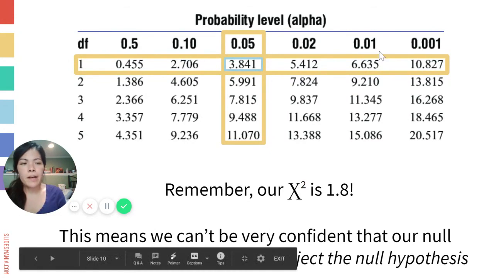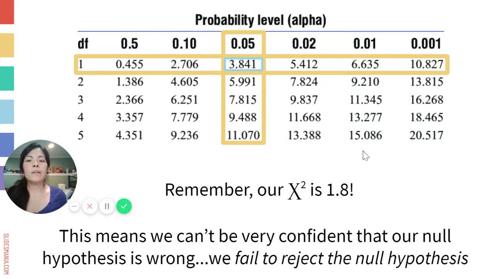If, on the other hand, our chi-squared value was over here, really high, higher than 3.8, then this would mean that there was less than a 5% chance that we would get our data if the null hypothesis was true. And if that was the case, we would reject the null hypothesis, because the chances of us getting our data if the null hypothesis was true is so small that we just don't think that's what's happening. So we would reject the null hypothesis if we're up here in the high numbers above our cutoff, but we fail to reject our null hypothesis if we're down below our cutoff number. So that's how our chi-squared test works.